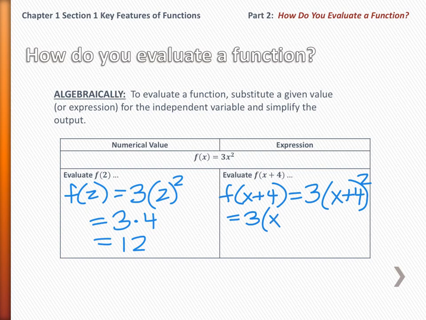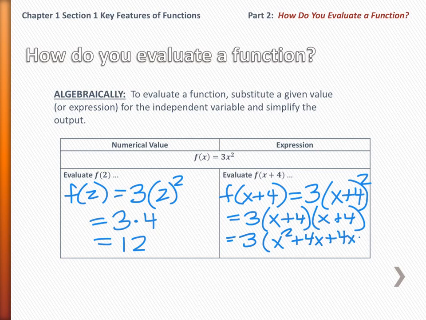But if you're not familiar with the pattern when we square a sum, we'll just write this out as (x plus 4) times (x plus 4). And just recall that everything has to distribute. So this x here has to distribute to the x as well as the 4, and this 4 has to distribute to the x as well as to the 4. So we have 3 times (x squared plus 4x plus another 4x plus 16). And that is 3 times (x squared plus 8x